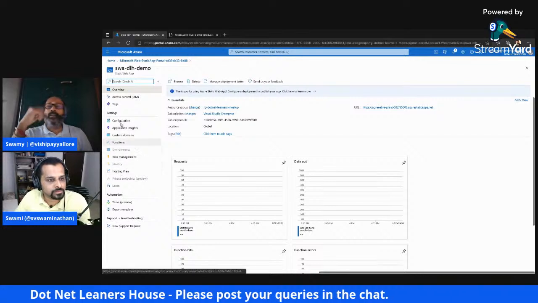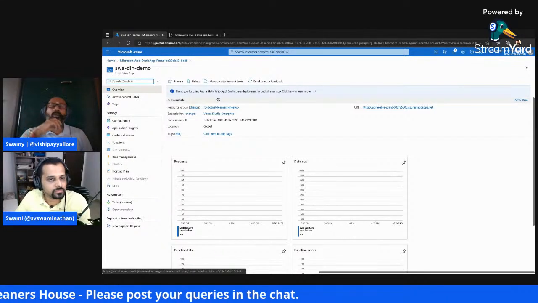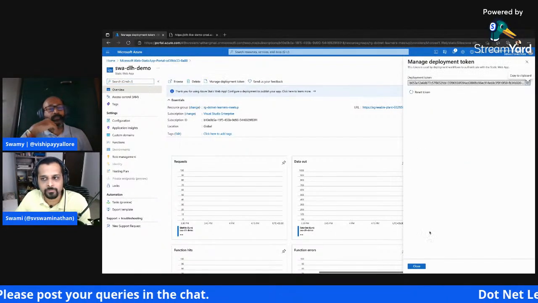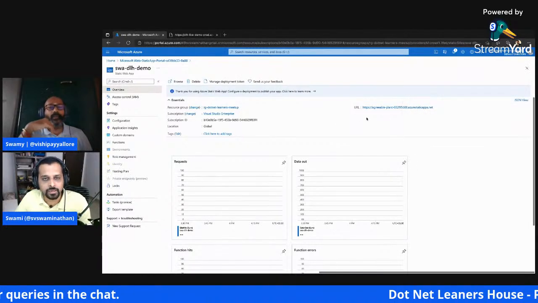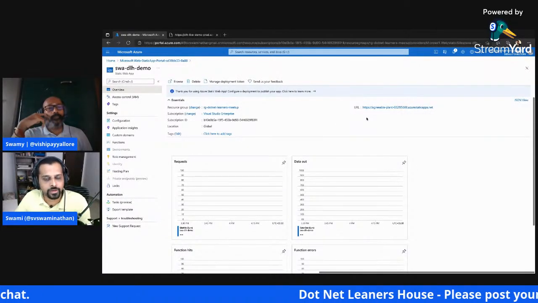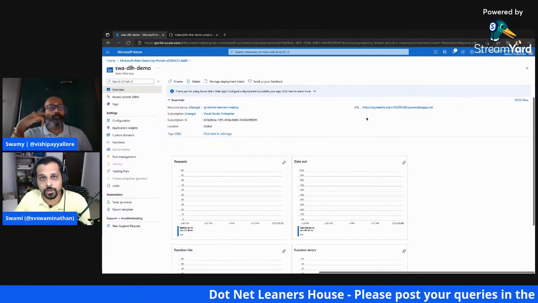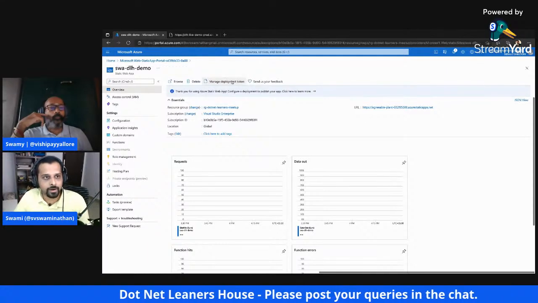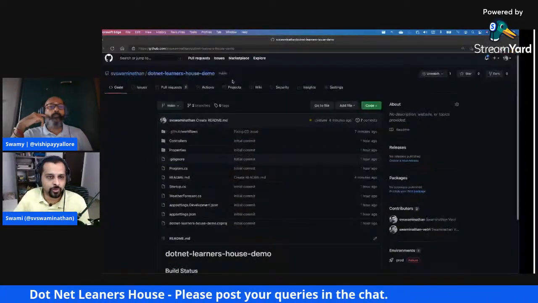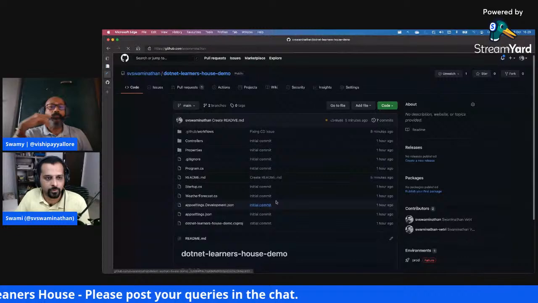Yeah. Oh, I think that is allowed for web apps also, isn't it? Yes, it is. But web apps wouldn't really create an end-to-end pipeline. At least I have not seen creating an end-to-end GitHub Actions-based pipeline. But this does create. So I can show an existing one which I was using before.